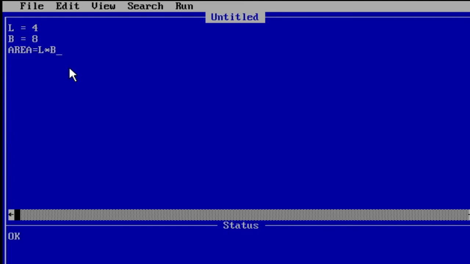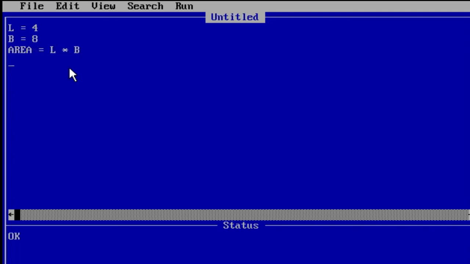Here we are storing the value of L into B in area. That means area holds the value of the multiplication of L and B, so the result is stored in area.